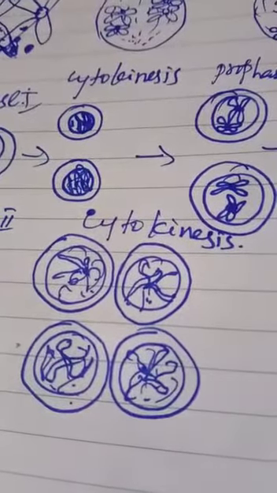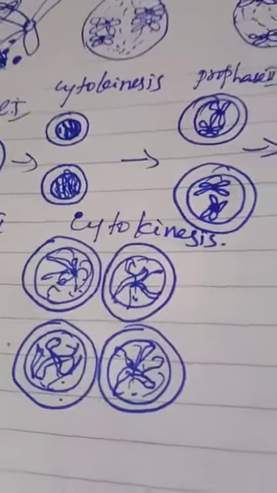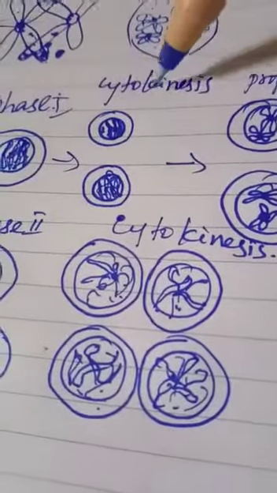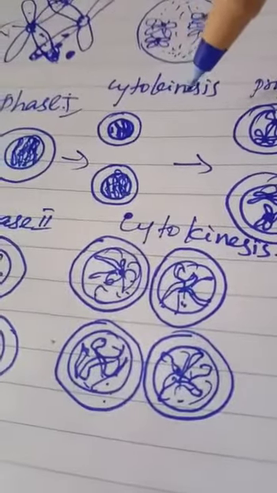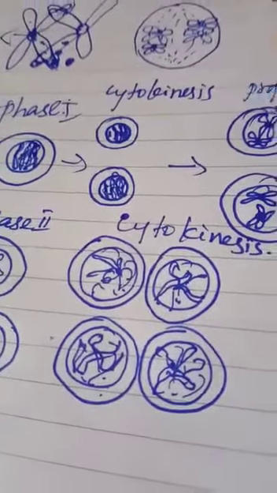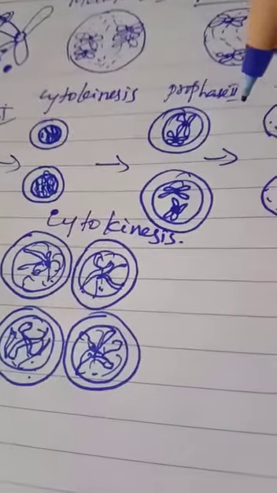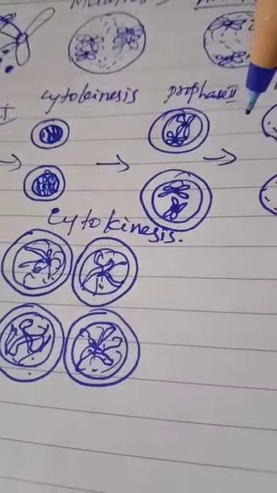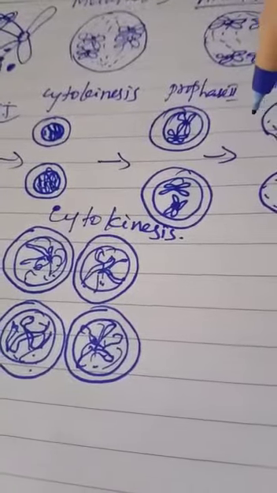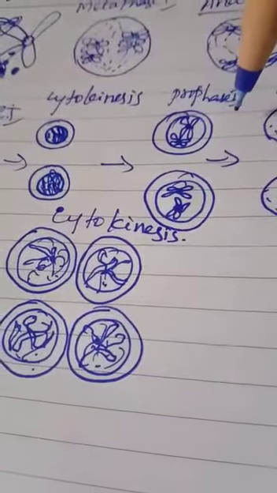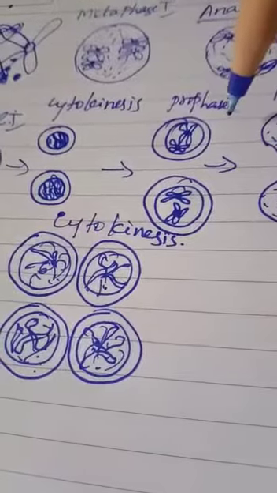In this, the daughter cells are similar to the parent cells in chromosome number. Daughter cells are similar to what? The parent cell. Only then is it called